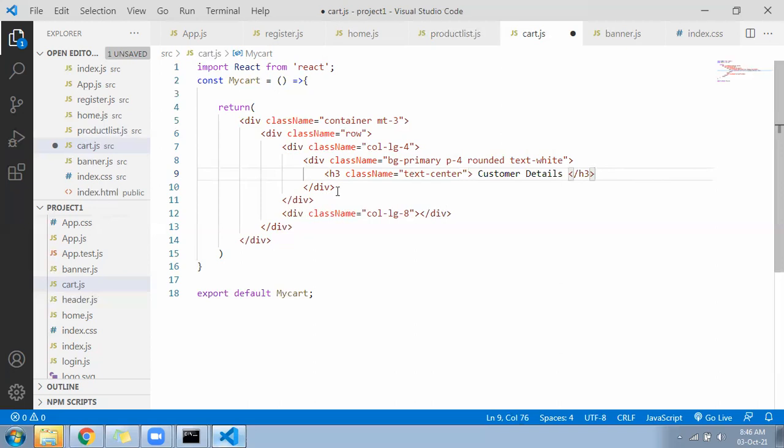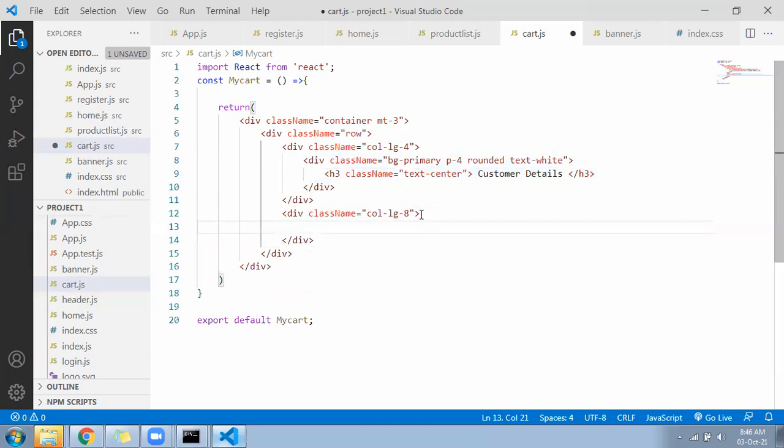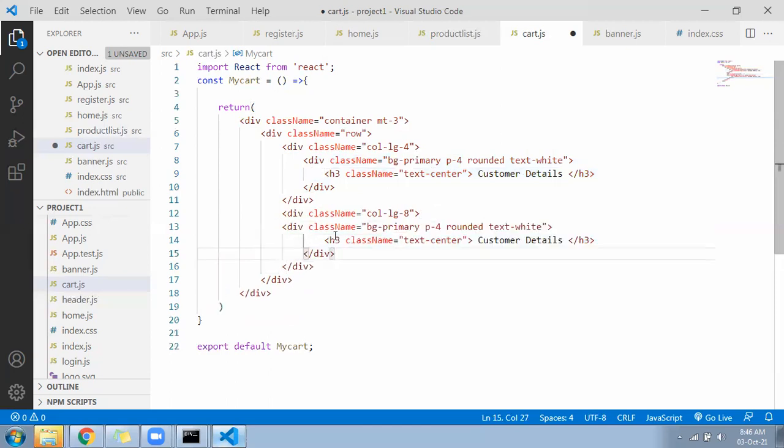Next copy the same and paste in the next 8. bg-light, rounded also, p4 as well. Items in cart.